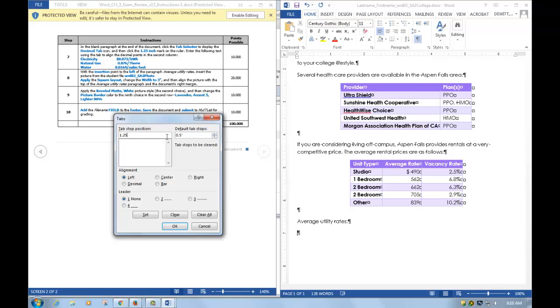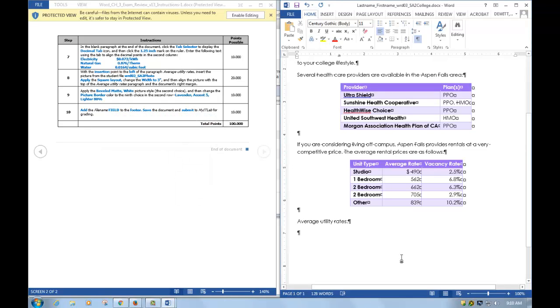They want it to be a decimal tab, so I'm going to click on Decimal under the Alignment group and Set. And click OK. Now we're going to type electricity, tab, the $, 0, decimal 072 / K capital WH, hit enter,